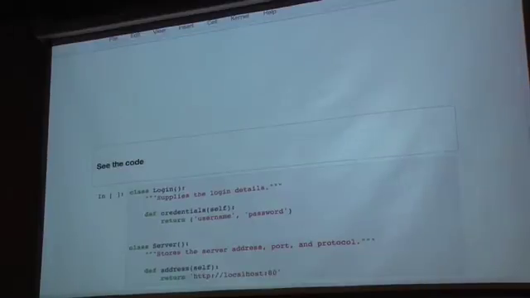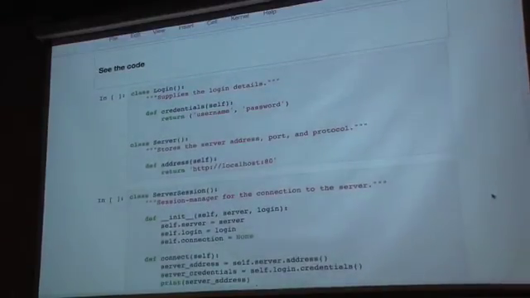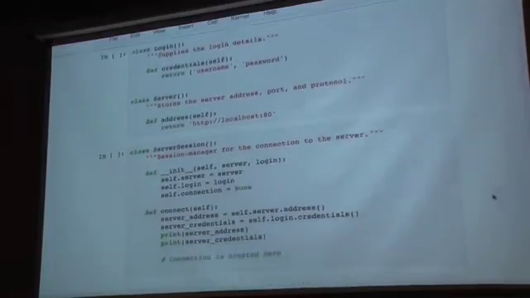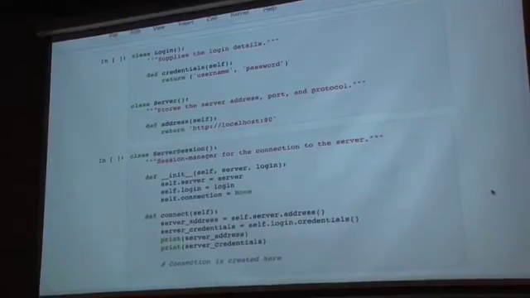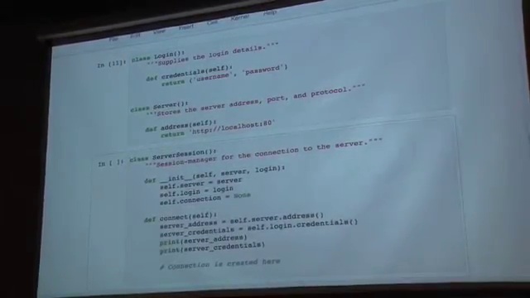That ties into this next one, which is you're always able to see the code you're working with. This is just a quick, 3-class type thing. We have a server session, and it also depends on a login object and a server object. We can always see exactly, if I define these above,